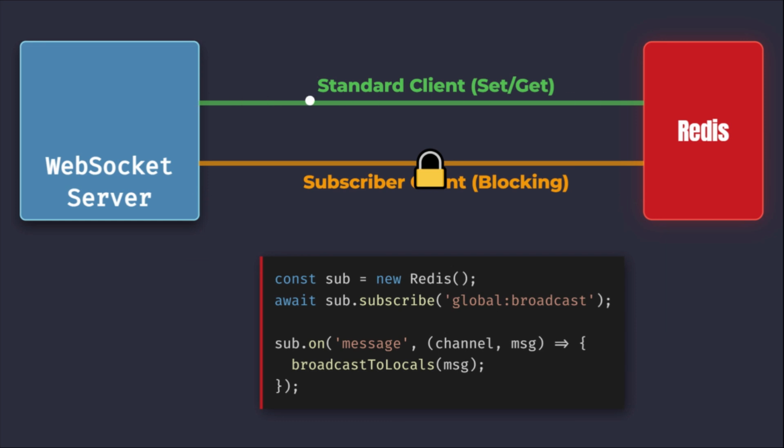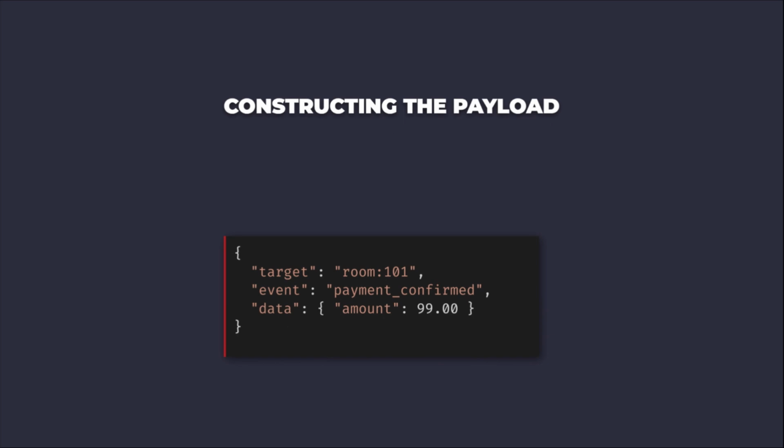Using a library like ioredis in Node.js, we instantiate a dedicated subscriber client. We then execute the subscribe command, targeting a global channel, for example, global:broadcast. The server registers a callback function that triggers upon receiving a message on this channel, initiating the fan-out process to its locally connected clients. A service needing to send a real-time update, perhaps a payment confirmation service, constructs a standardized